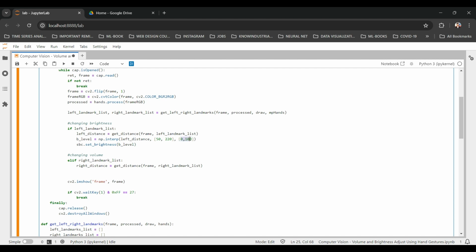We know that brightness will range between 0 and 100. But the volume level can range between different values depending on your speaker, isn't it? So for that we need a min volume and max volume. So we'll say volume is equal to the same thing, but we need to map it to a min volume and max volume. For getting the min and max volume, and also for setting the volume,